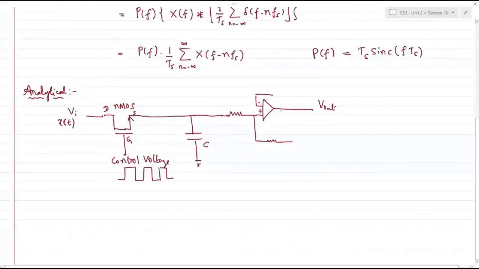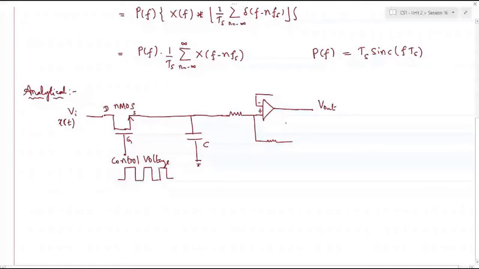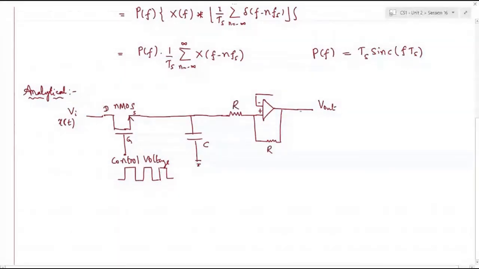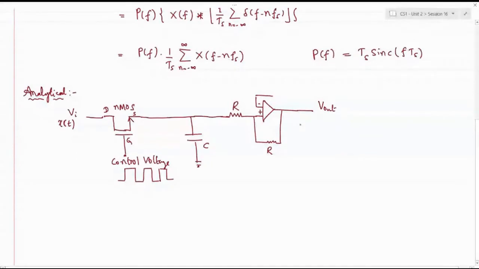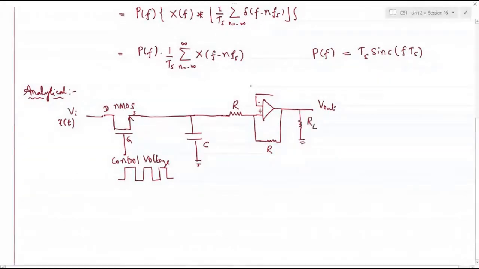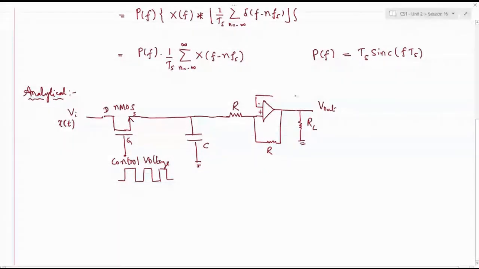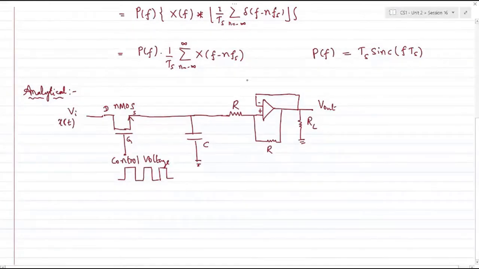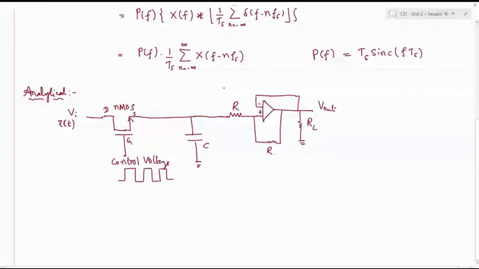Okay, this I can connect here. This is your resistance R, which are identical to each other, and in order to derive the output, I need to have a load resistor. So this is fed back, and as you can see, this complete op amp in this configuration,